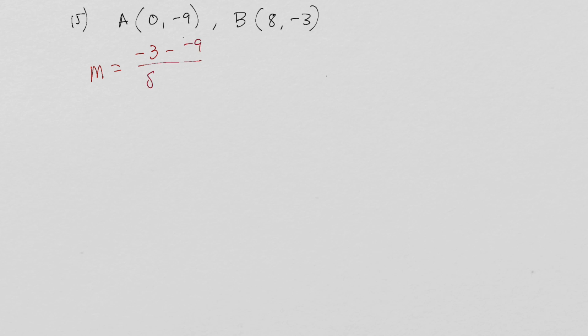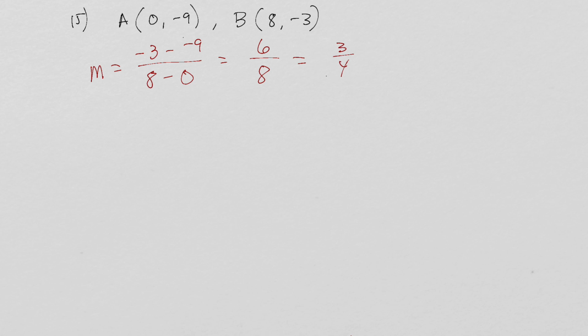Finally, number 15. They want to know the slope and the distance between A, which is 0, negative 9, and B, which is 8, negative 3. Okay, so our slope is y2, which is negative 3, minus y1, which is negative 9, over x2, which is 8, minus x1, which is 0. This is negative 3 plus 9, that's a positive 6, over 8 minus 0 is 8, so the slope is